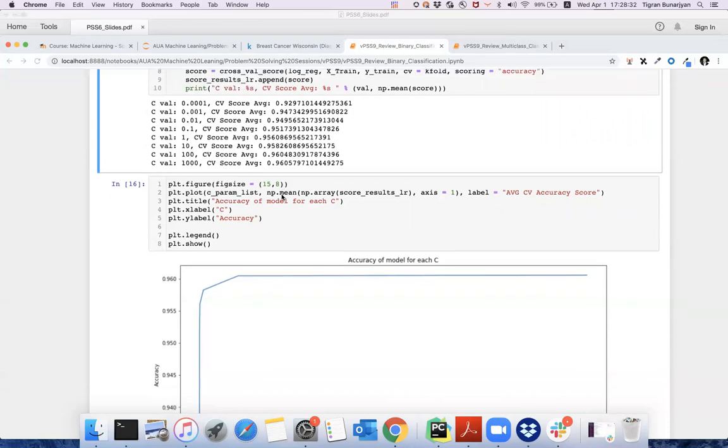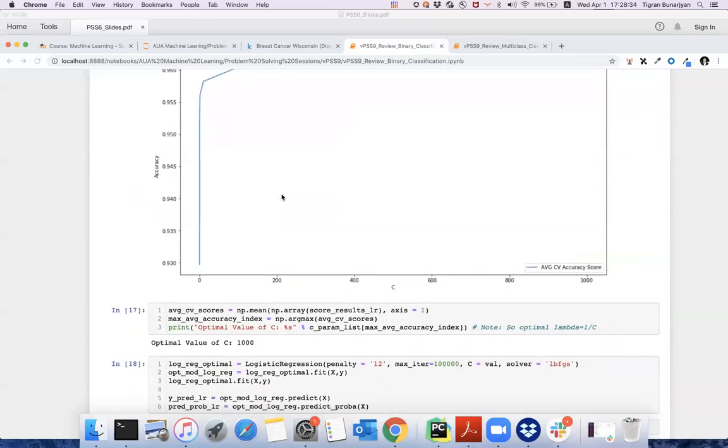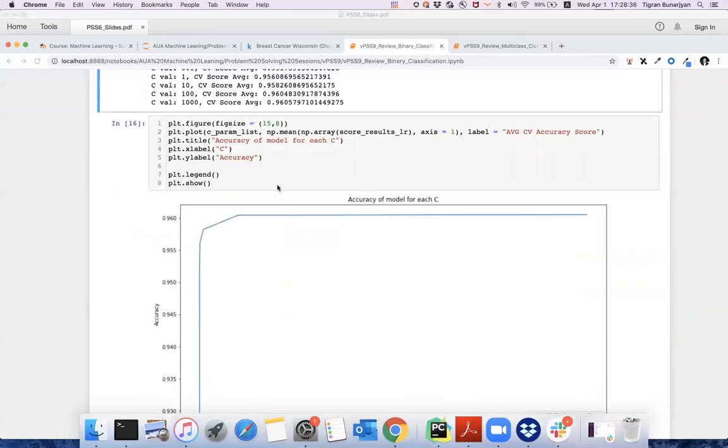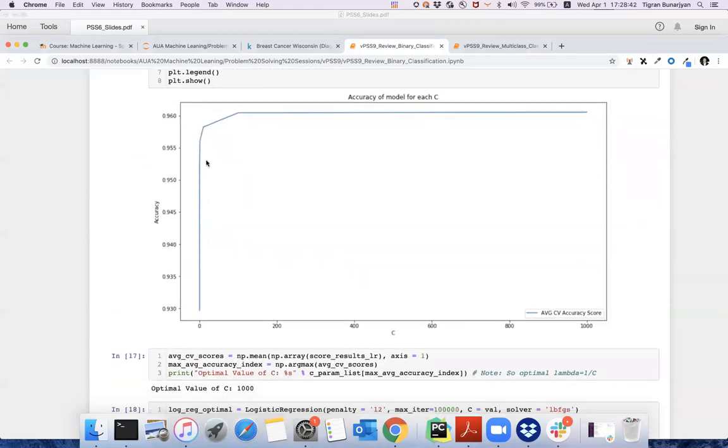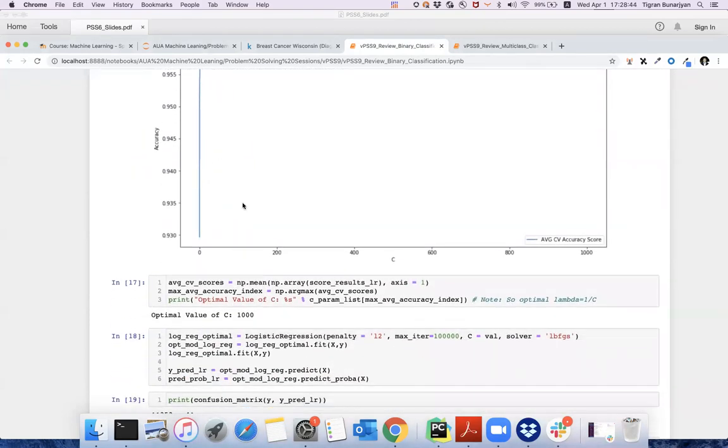But we know that the optimal value of C is 1000, and we can take the index of the maximum score by using the np.argmax of the average scores, which will return the index of the maximum element